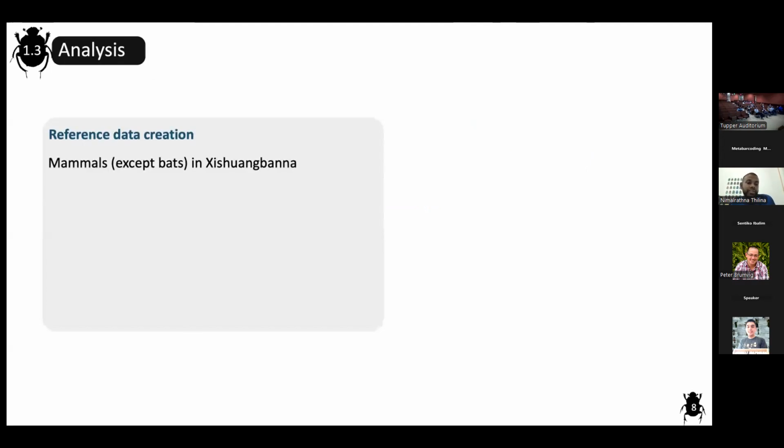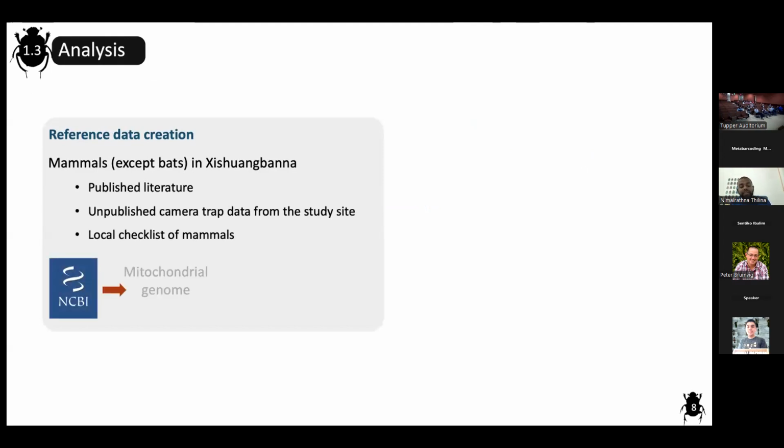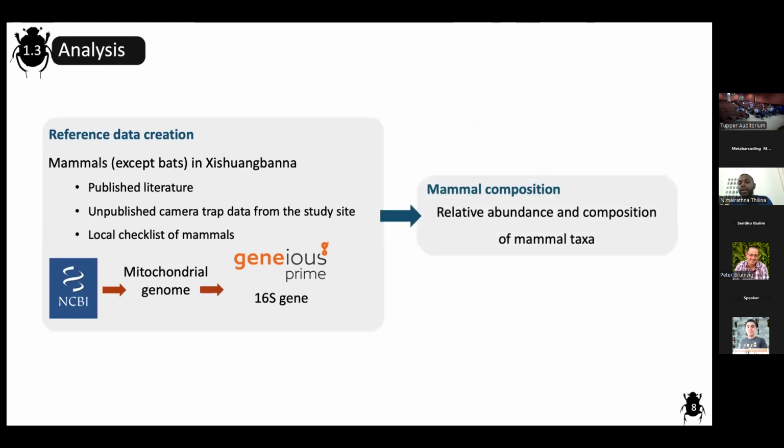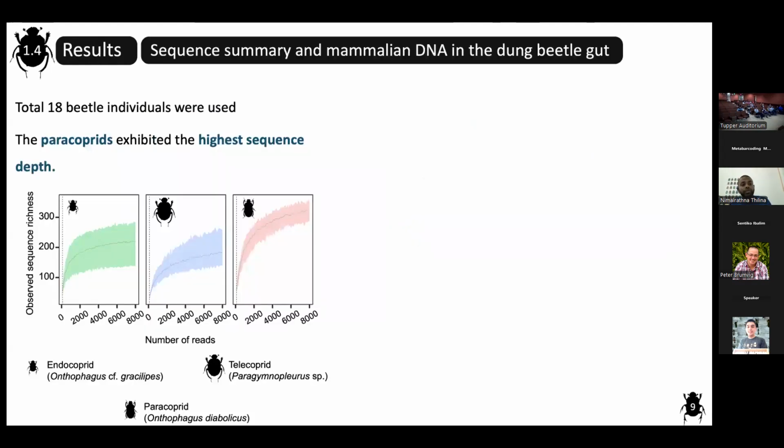For the analysis, we listed the existing mammal species in Shushanbana. Then we extracted their sequences from NCBI, and we extracted the 16S gene using the genus primer. Then we looked at the mammal composition in the dung beetle gut. We used 18 dung beetle individuals for this study, and they are the paracoprids,